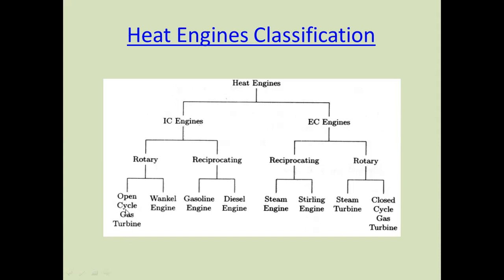In the open cycle gas turbine, generally low pressure air enters the compressor. After that, the compressor delivers high pressure air. That high pressure air goes to the combustion chamber. With the help of natural gas, we ignite the fuel. After that, the gas turbine rotates to produce useful energy.